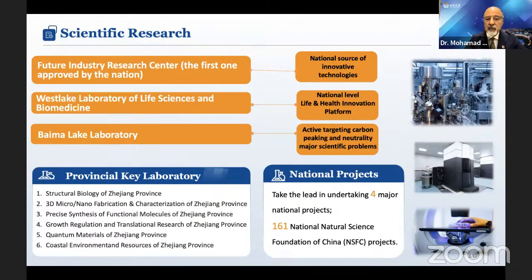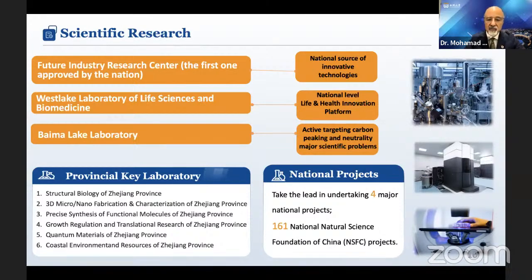Provincial Key Labs are, of course, the best research groups. We talk about 30 or more faculty to have a key lab, and I show here 6 different key labs in